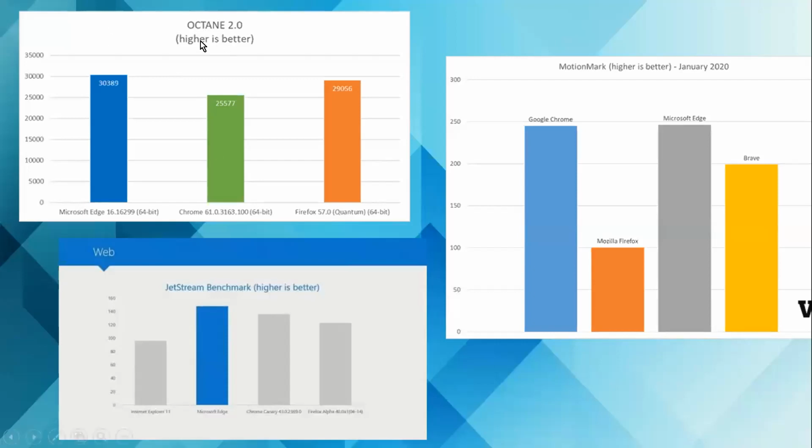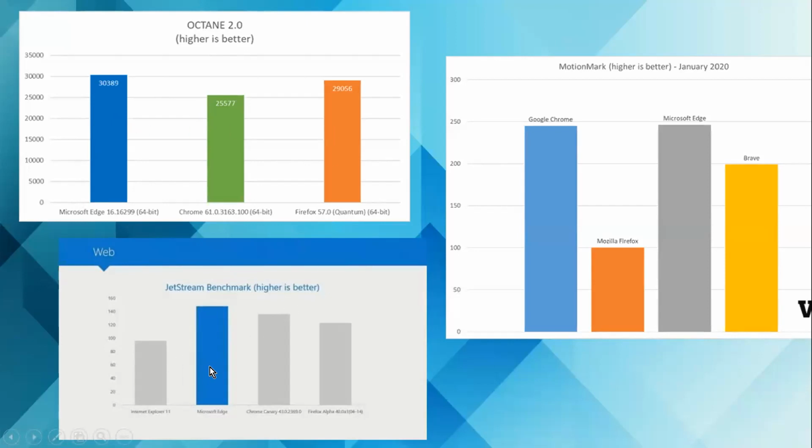So as you can see, this is Octane. Octane is used for JavaScript engine performance, a benchmark test. Jetstream benchmark, which is done for web HTML and code running and executing. So here we can see it is neck to neck with Firefox. Before their release in 2015, they had released a beta version and had a benchmark test. So you can see before releasing only they were neck to neck with Firefox.